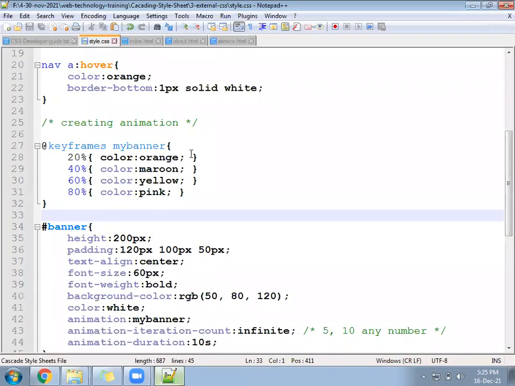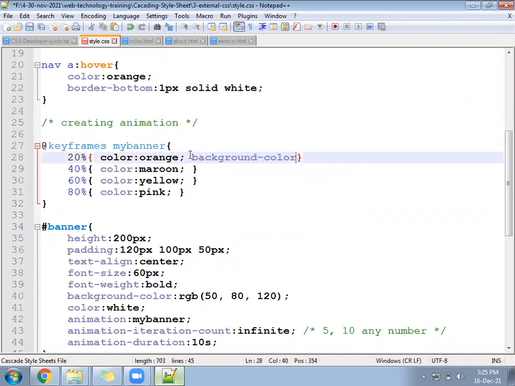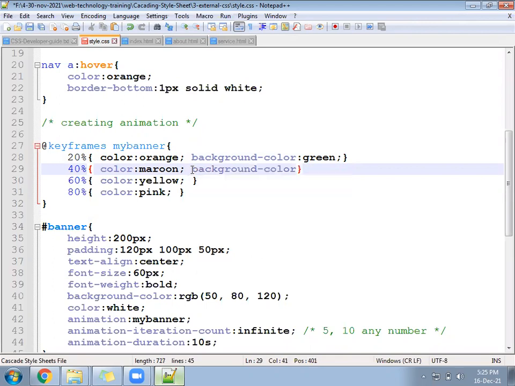Now let's change the background color also. So here text color we change. Write background hyphen color orange, then background keep as a green. Maroon is the color, then background hyphen color, put as which color? Yellow color. Okay, yellow only.